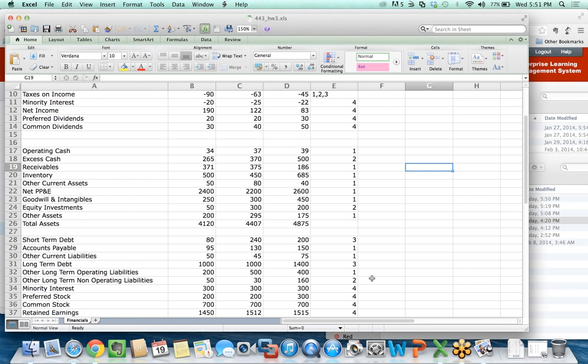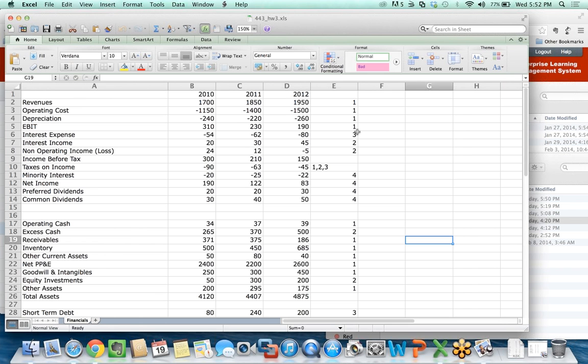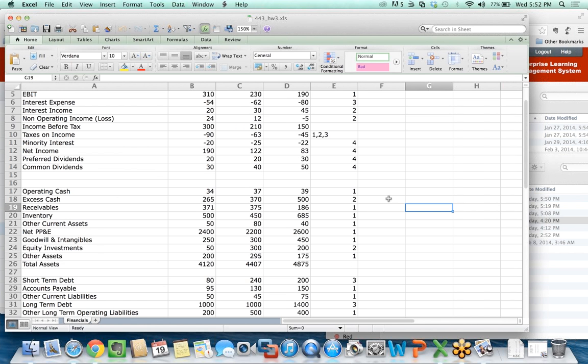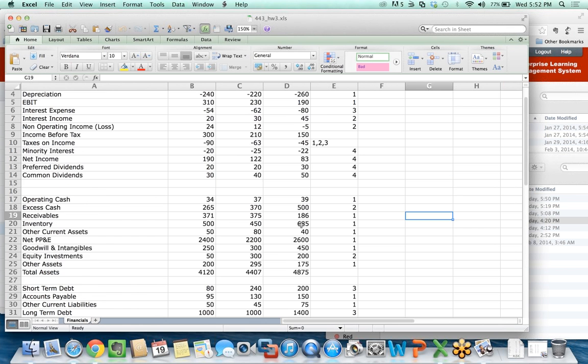Jumping ahead to the CFI. On the TFI, it's all the debt, the 3s, and the equity, the 4s. On the TII, it's going to be the operating income, EBIT, after tax. Then we're going to do the 2s. So you'll have interest income, a new item, after tax. You've got to tax affect that, because anything above taxes is pre-tax. You're going to have a non-operating loss or gain, depending on the year. Again, we'll have to tax impact that, all the 2s. Net the after-tax 2s and add those to the 1s. You'll get TII. Look at any 3s, short-term interest expense,